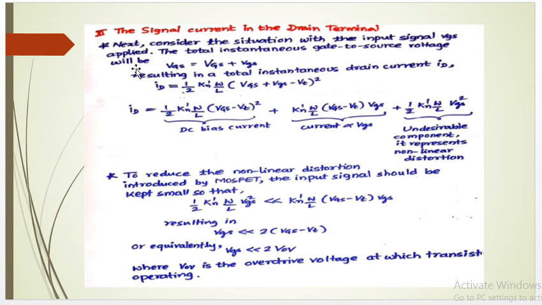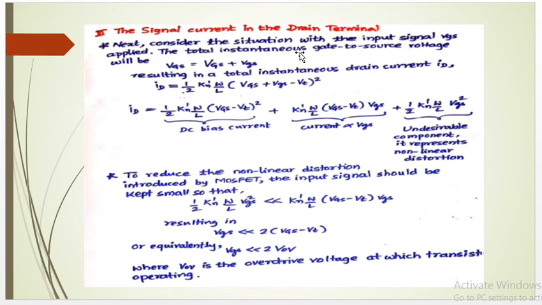Next, consider the situation with the input signal, the AC signal vgs lowercase letter. Consider the situation with the input signal vgs applied. So we have applied vgs. The total instantaneous gate to source voltage. So you have to understand